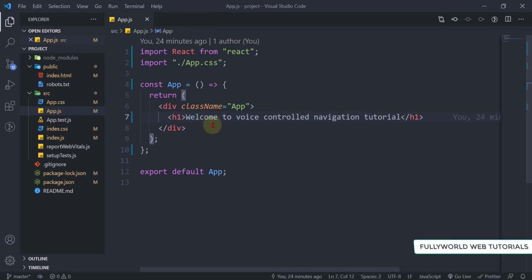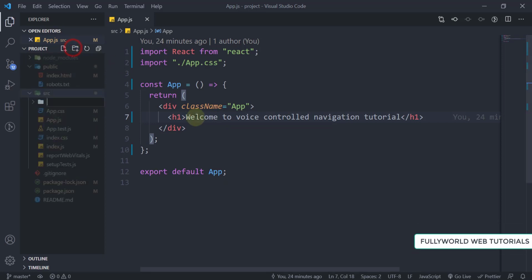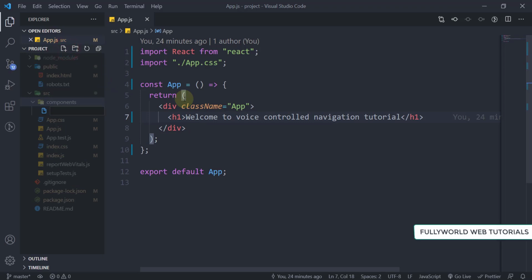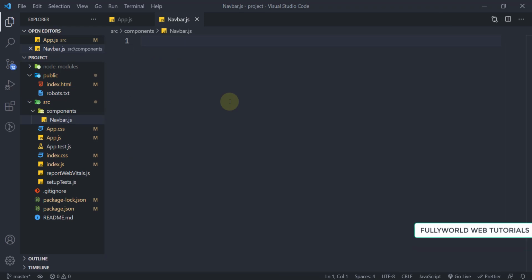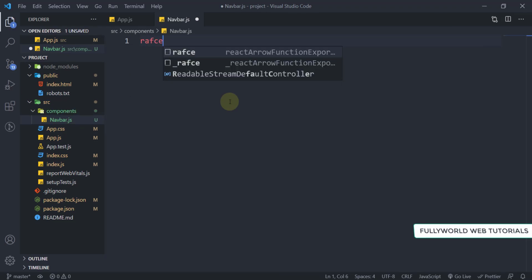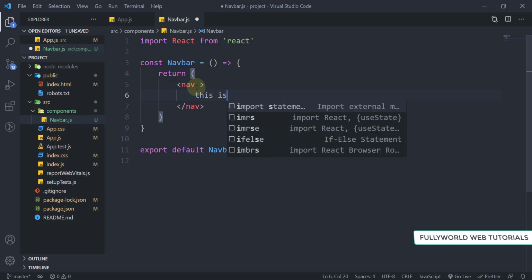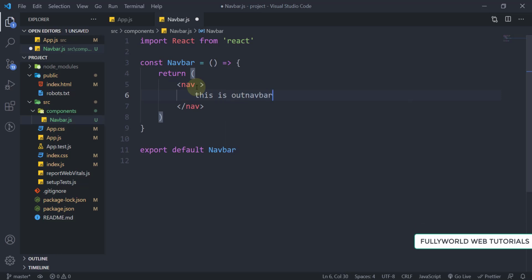Now first of all, let's write our navigation. Now we have to write our navigation here. So to write our navigation, we are going to create one new folder here. I am going to create a folder that will be components, and under this components folder there will be one new file that will be our navbar.js here, and this navbar we are going to create here, RAFCE, and press enter here, and here we are going to create our navigation bar, and this is our navbar here.